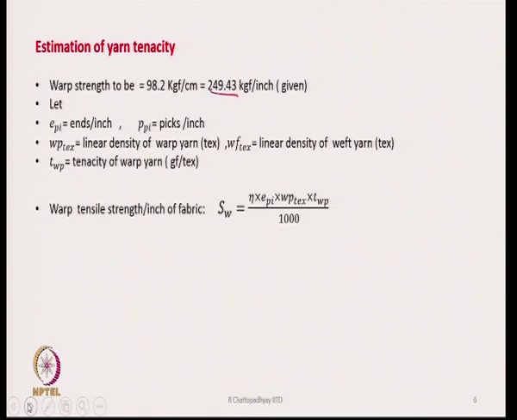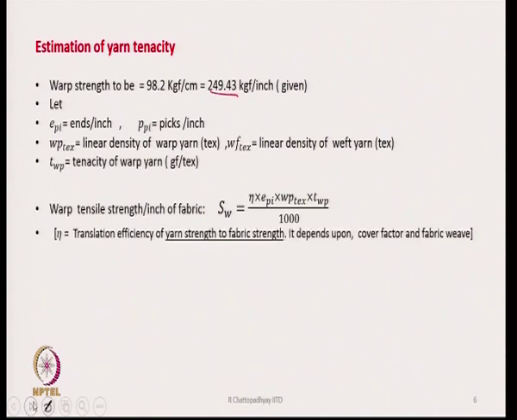We can write that the tensile strength per inch of the fabric is going to be EPI, that is ends per inch, into WP TX, whatever is the warp count, into tenacity of the warp divided by 1000,